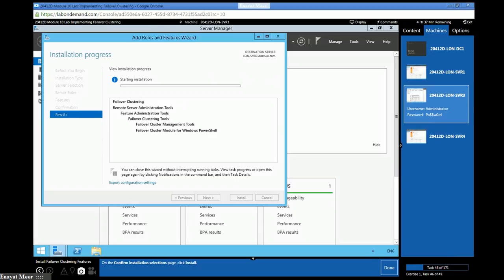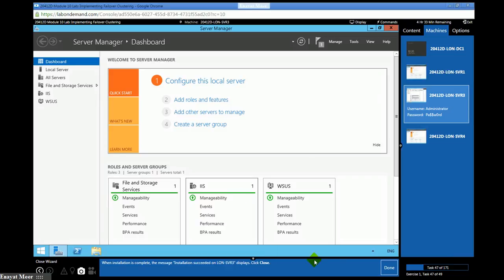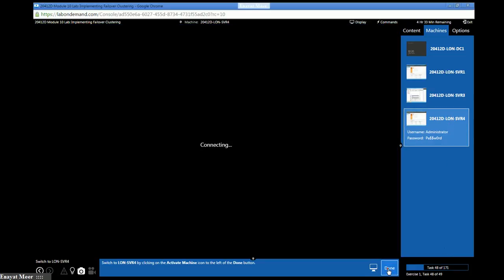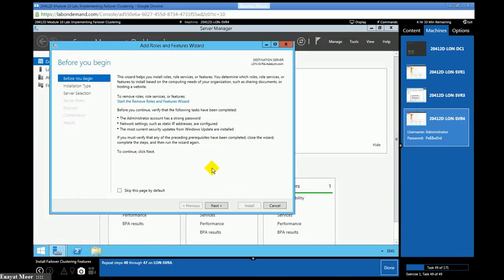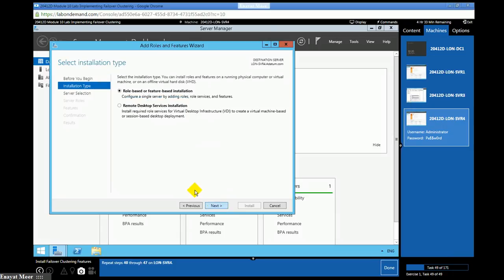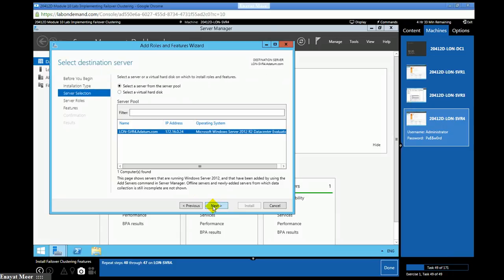So again I am going to do action replay on both servers. This is done on SVR3. Now we have another server, LON-SVR4. Alright, so this is my action replay on my other member server, because I am going to add both of these in my cluster.